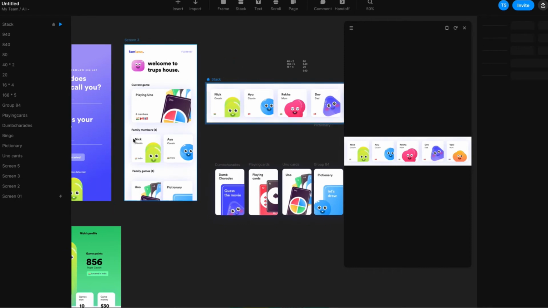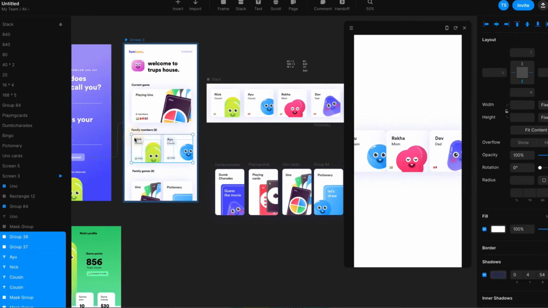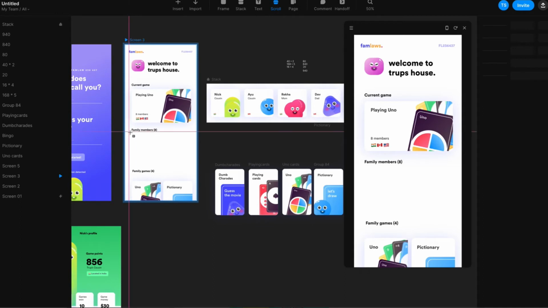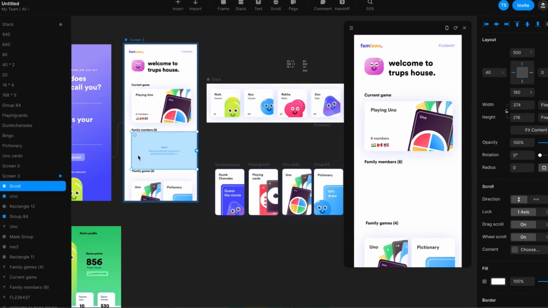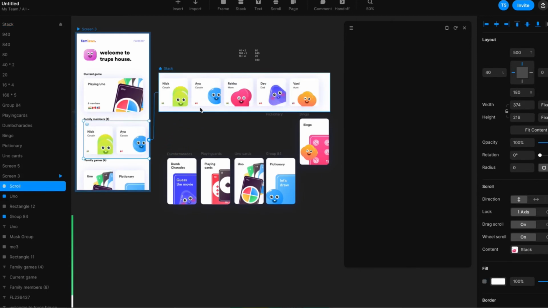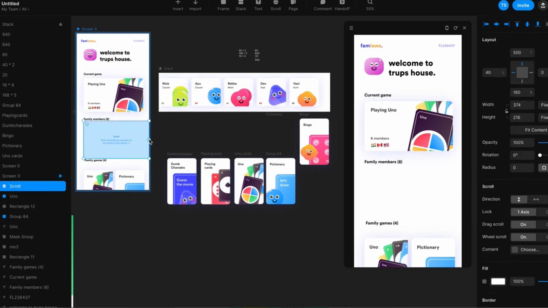Now we are going to remove these 2 cards inside the screen, and we're going to import something called the scroll. The scroll will go from right here to right here, and there you have it. Make sure you keep a spacing. The stack is aligned at the start and the scroll is aligned at the spacing of 40. So when you connect the scroll to the stack, you will see that scroll is connected to the stack, and bam, the cards get aligned at the start of the page of the stack right from here.